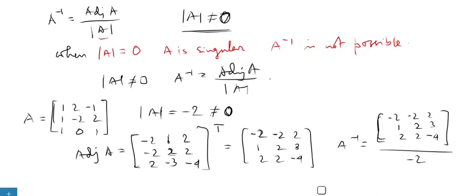This is the process of finding inverse of any matrix. Now we will use this inverse process for finding the solution of any system of linear equations in 3 variables, or any number of variables. Here we will find out in 3 variables or 2 variables. That would be in the next video. I will show you how to solve linear equations by the matrix method using this inverse, and also by the determinant method, that is called Cramer's rule.